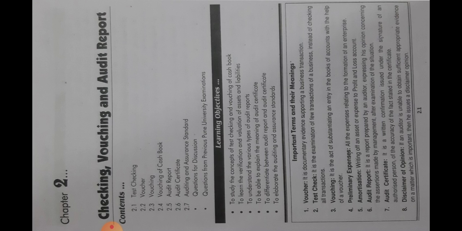Amortization, writing off of an asset or expense to profit and loss account. To amortize means to write off. It could be that 100% amortization would be there. So whatever the asset is, it is taken straight away to the P&L instead of keeping that in the balance sheet on the asset side and then claiming depreciation on that. The entire asset would be expensed out.